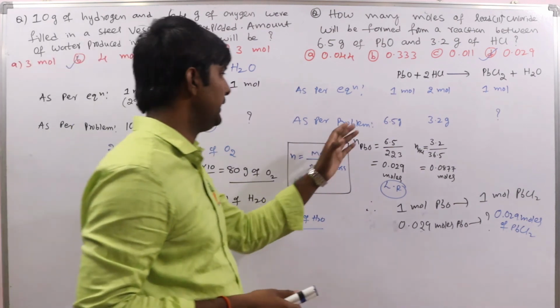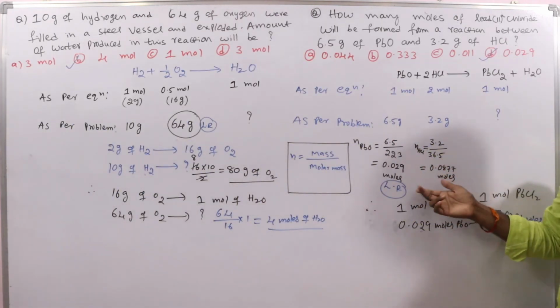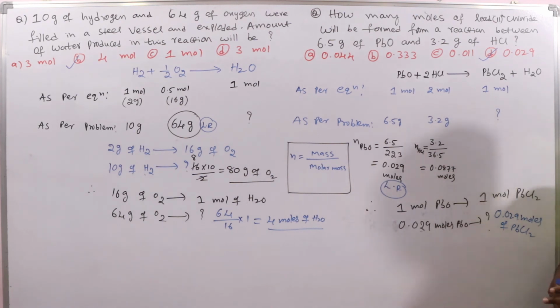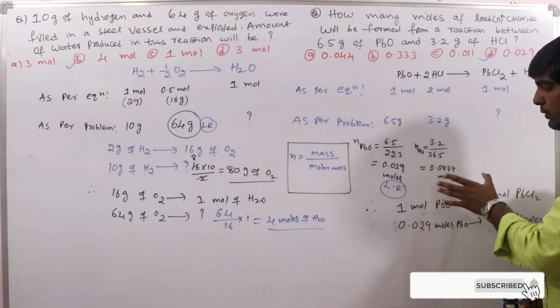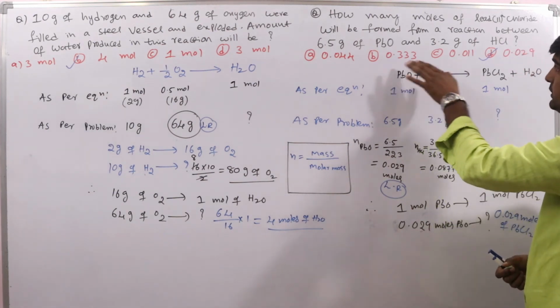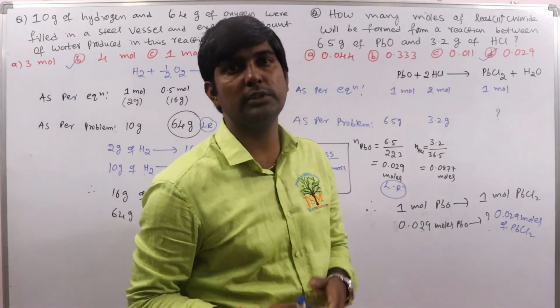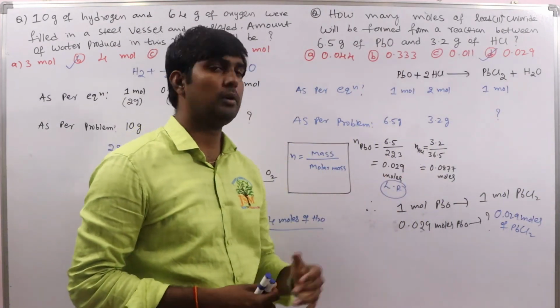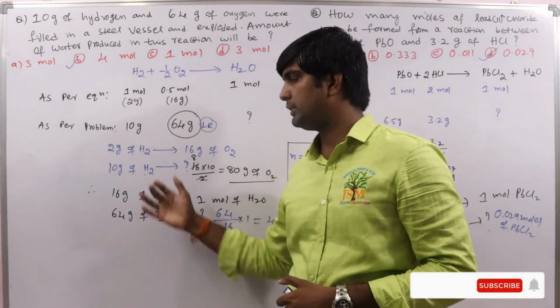By finding out the number of moles, we can also easily identify the limiting reagent. Clear? So you can follow this method or the other method. Generally, if options are provided, or the question asks how many moles are formed, follow this one. If they ask related to the weight, you can follow the other method.